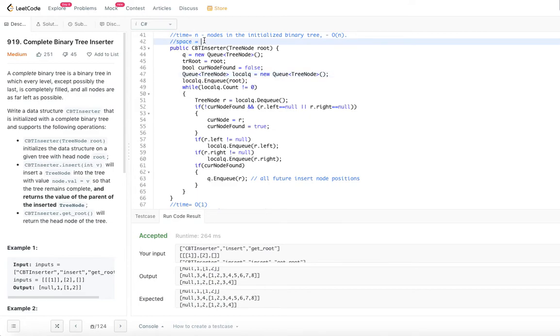So let's say H is the final level in the tree. So in that case, the number of nodes are 2 power h, okay? 2 power h. H is the final level. So we will say order of 2 power h is the space required for constructor. Okay, so those are the time and space complexities for each of these methods.